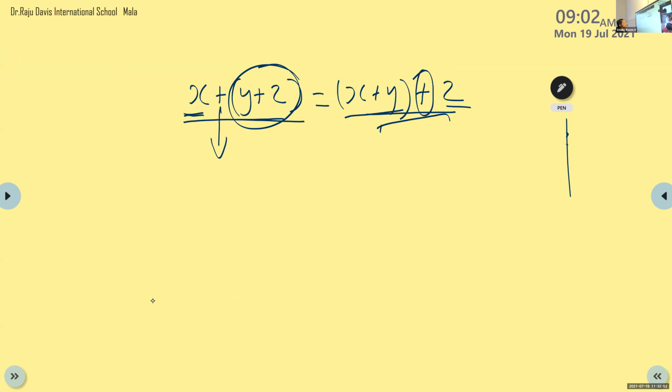So we are discussing the associative law. The first associative law is based on OR gate, that is x plus y plus z is equal to x plus y plus z. And the second law, based on AND gate, is x dot y dot z which is equal to x dot y dot z. This is the second associative law, the law based on AND gate. Then evaluate this second associative law using a truth table.